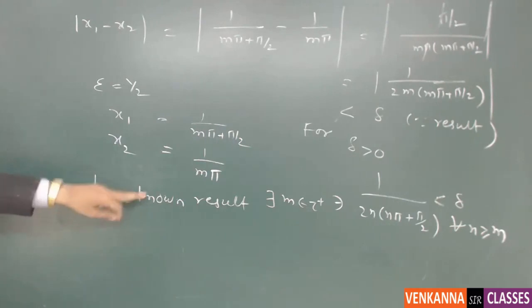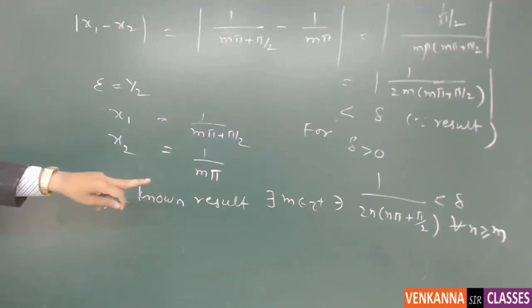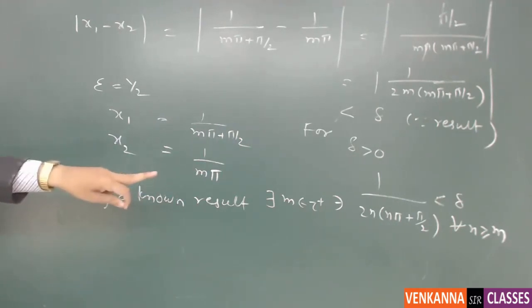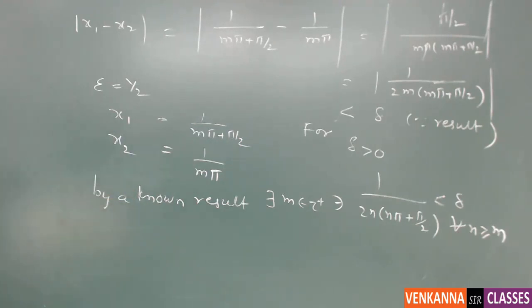So as far as the result is concerned, mod x1 minus x2 is less than delta, and the result says that you are able to find a positive integer m such that that value is always less than delta. Now if we calculate the corresponding function values,